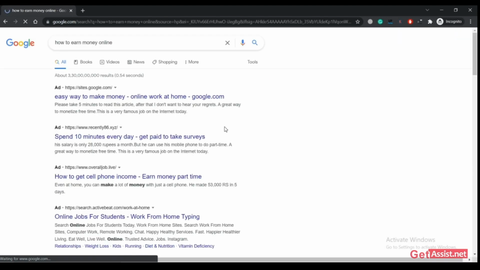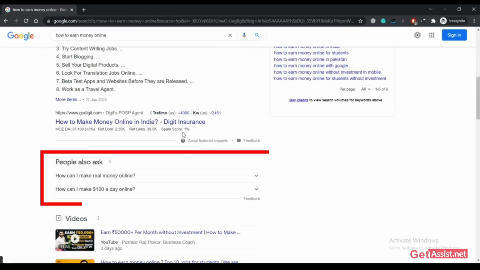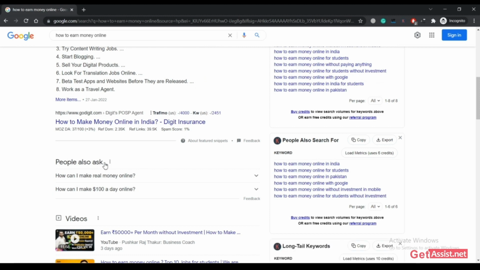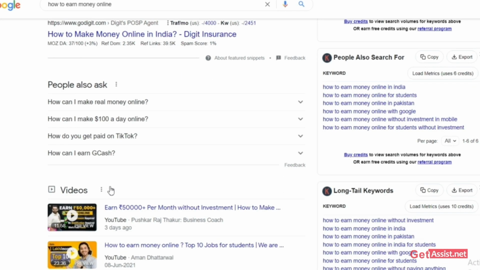Apart from that, you must have also noticed this section, People also ask, when you search for something on Google. This section is very important in terms of SEO, and you must include these search queries in your content. These are the questions that are related to your search query, and a lot of people are searching for their